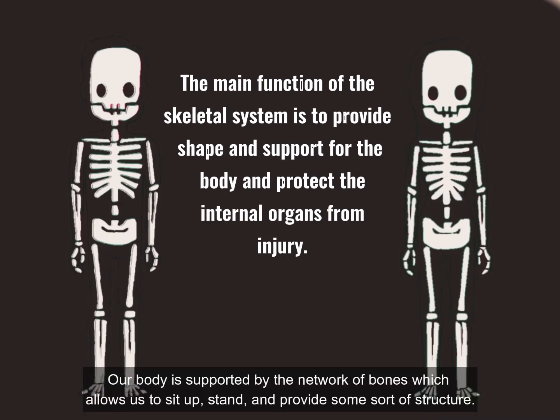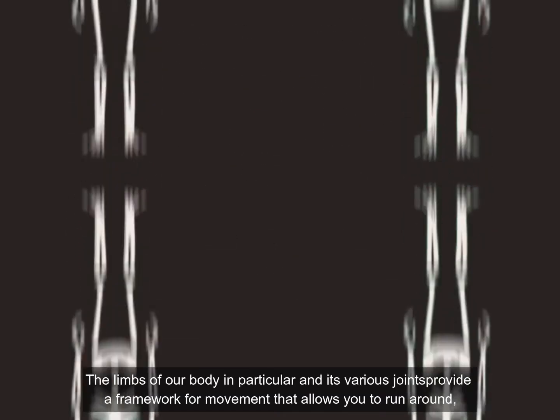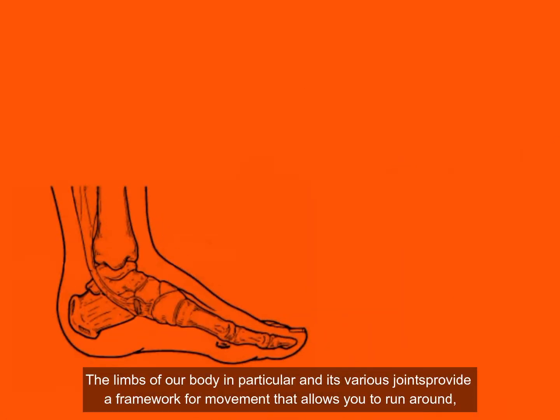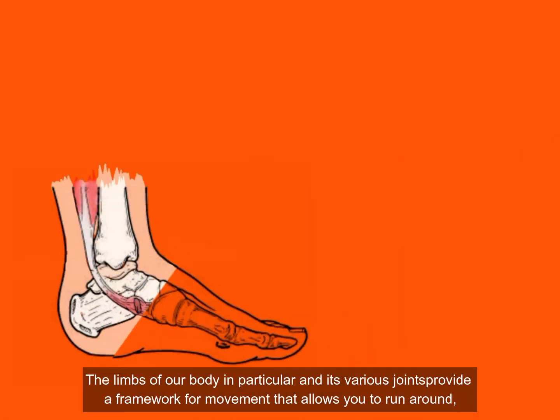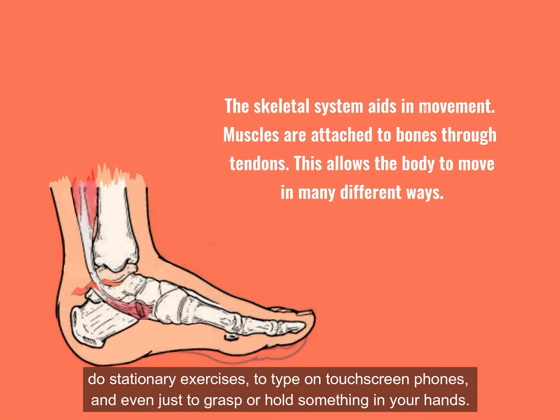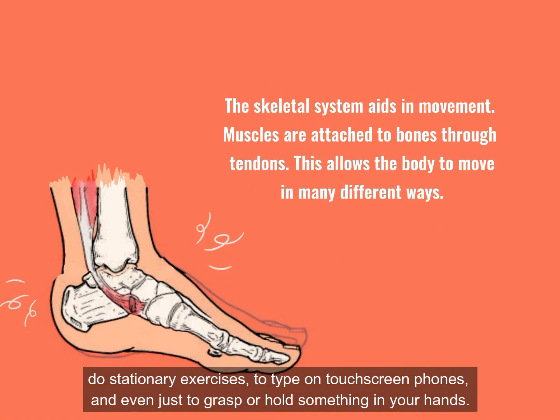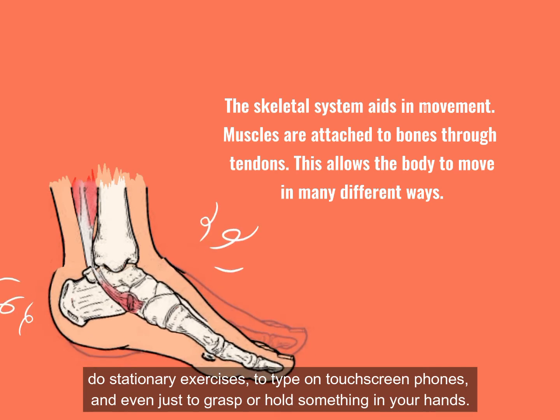Our body is supported by the network of bones, which allows us to sit up, stand, and provide some sort of structure. The limbs of our body in particular and its various joints provide a framework for movement that allows you to run around, do stationary exercises, type on touchscreen phones, and even just grasp or hold something